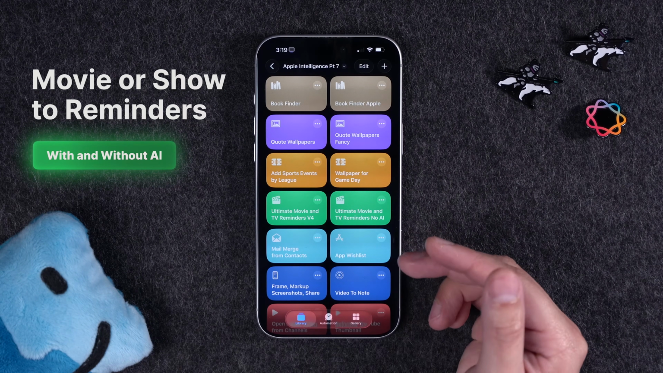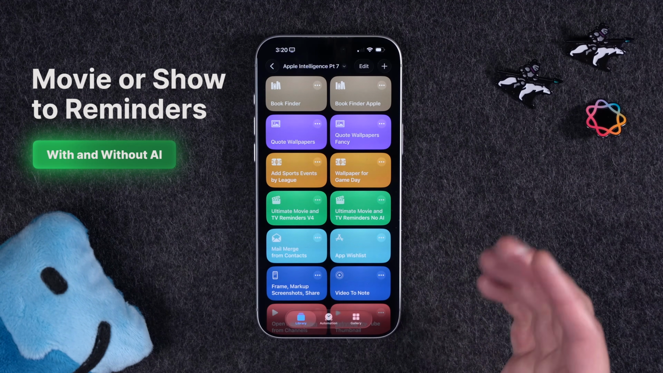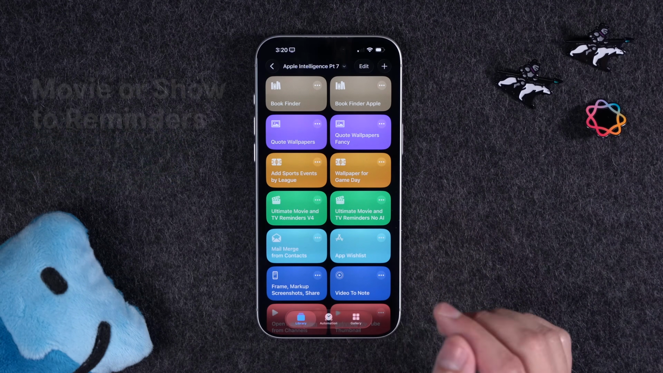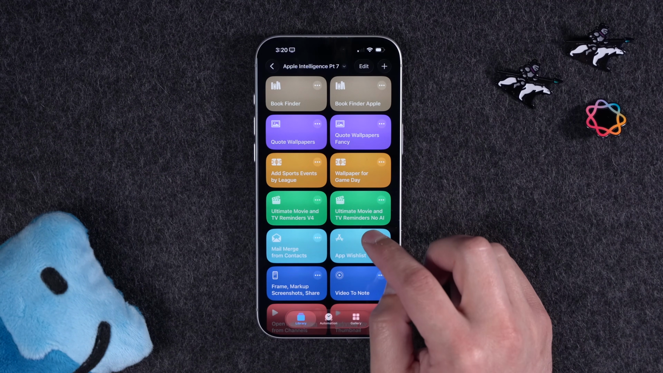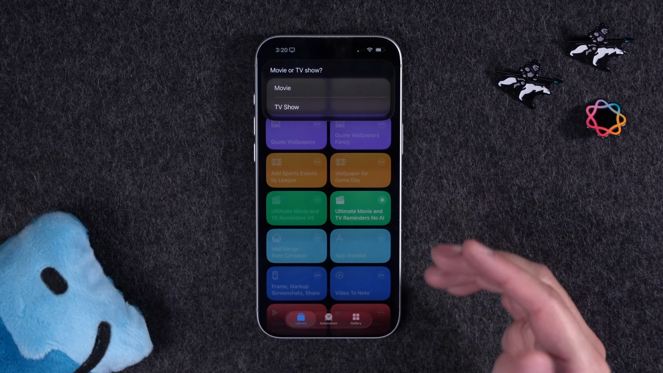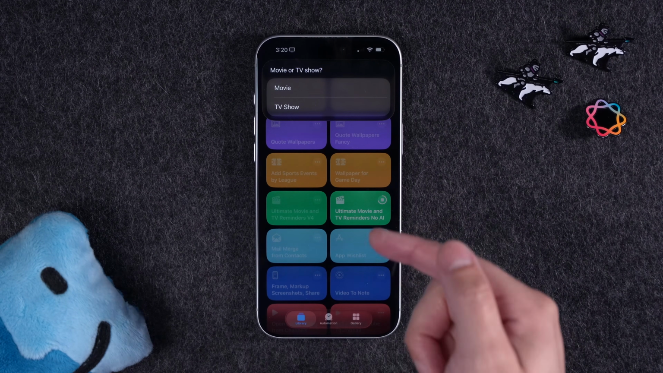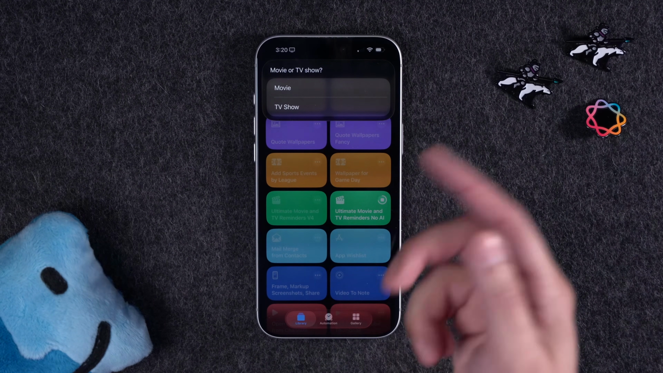Next, I've had lots of versions of my movie and TV show to reminders or notes. Well, I updated it even further. Number one, I made a version without any Apple Intelligence. So if you don't have Apple Intelligence on your phone, run this shortcut where it says no AI, link below,